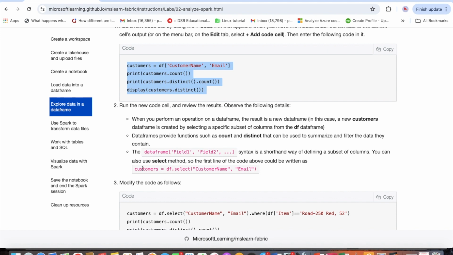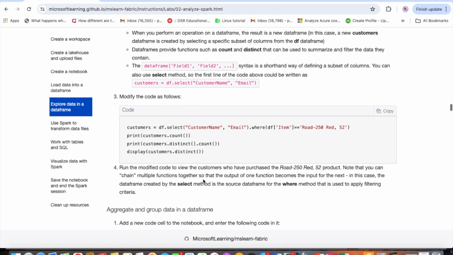So another syntax would be we can use select. So df dot select, and then in the bracket under the double quotes we can give all those column names, right? And then with the dot we can further modify it using different methods that we have. So here we are using a where condition, and then only filtering the data for which there is a specific item,